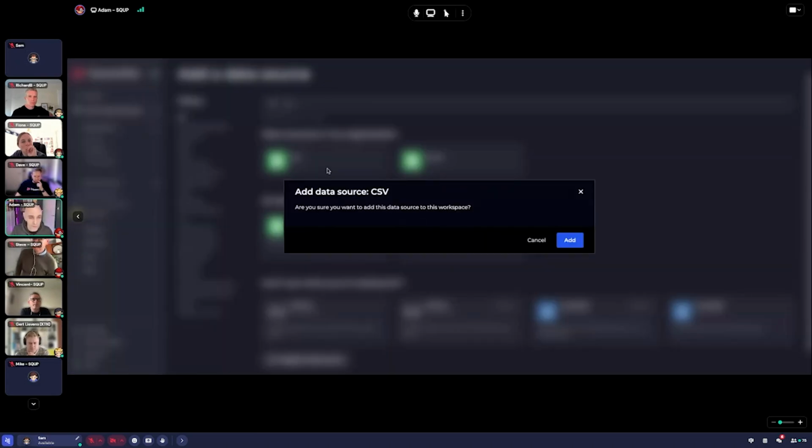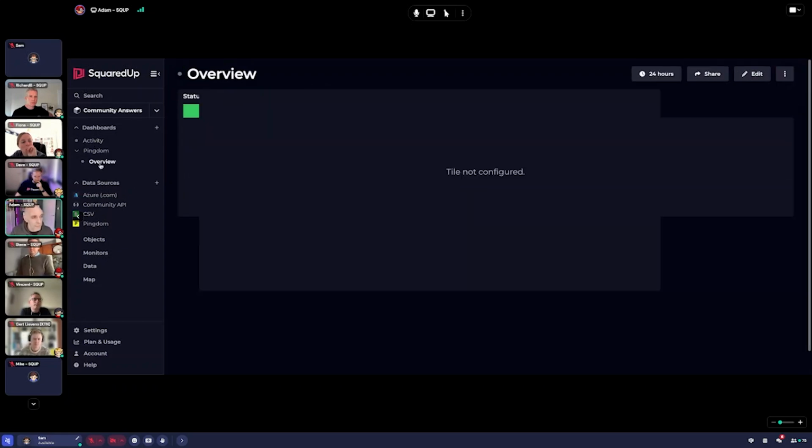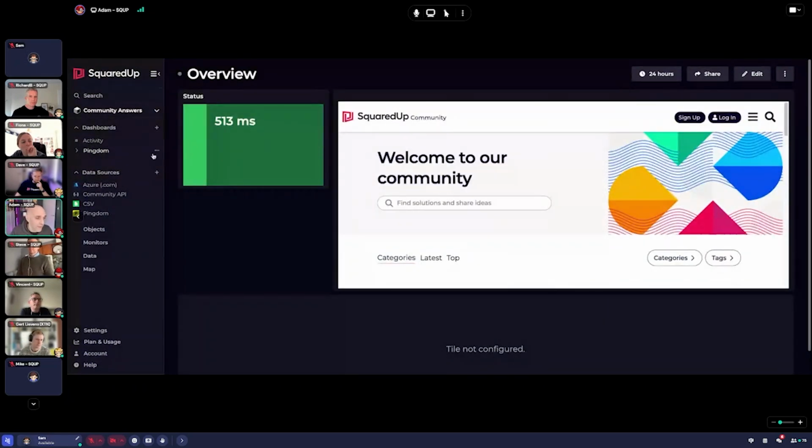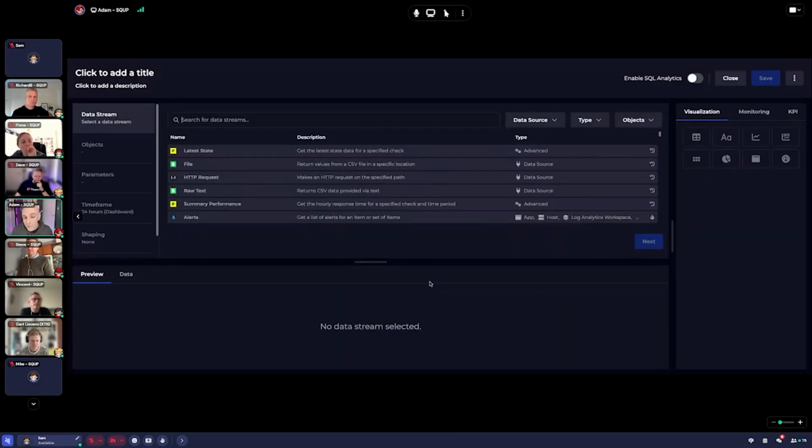Mike showed it very briefly before. The plugin itself doesn't require any configuration. It just gives you two data streams that you can use. Let's go ahead and rename that to monitoring for now. So on my overview dashboard, I'm just going to pull in some data. And the most straightforward way to do this, especially if it's quite a small data set, is with the raw